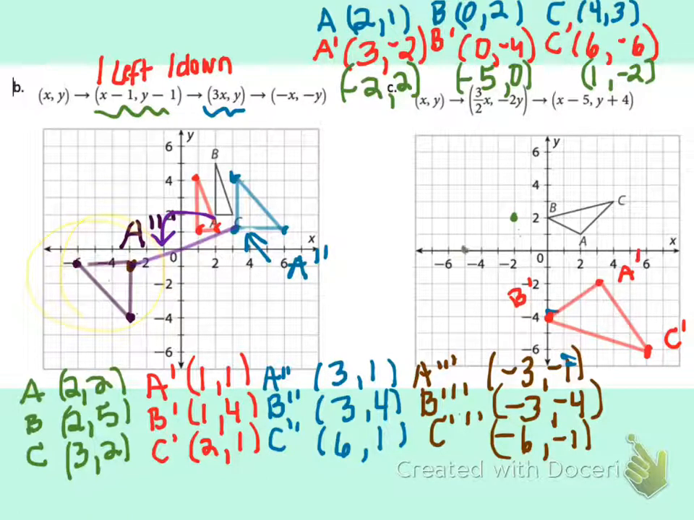-5, 0, which is here. So that's my B double prime. And then this is A double prime. And then finally 1, -2, over 1 down 2. This puts it in my final position. And when I connect,